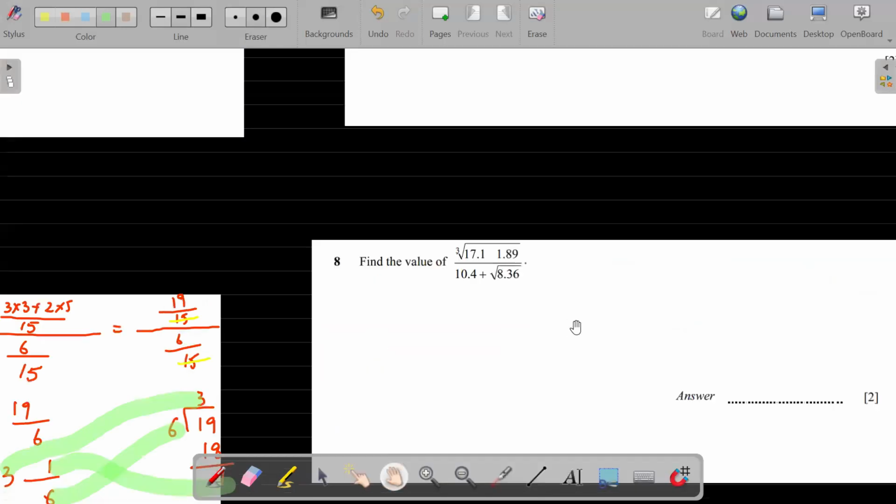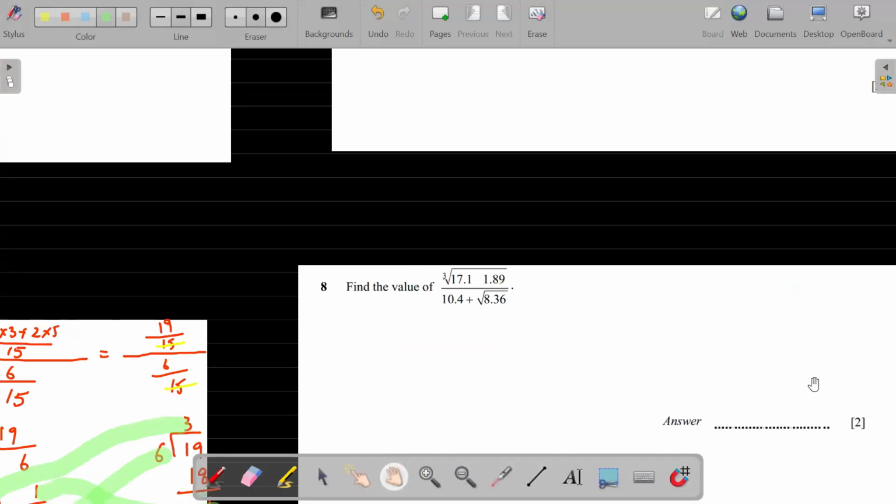Okay, find the value of this. It is of 2 marks as well. So let's quickly solve it. It will be also with the help of calculator. So let's do it. Take the cube root and find the value. 17.1 plus 1.89. It is 18.99